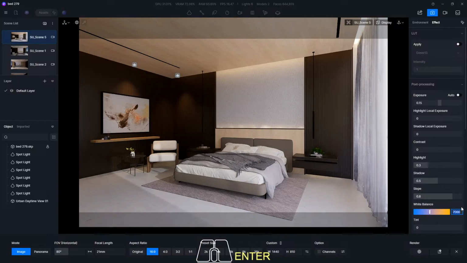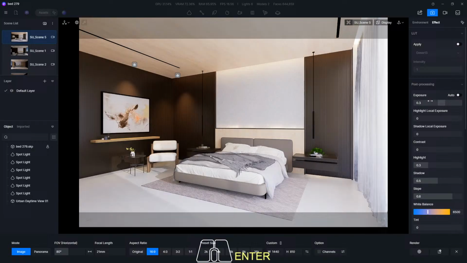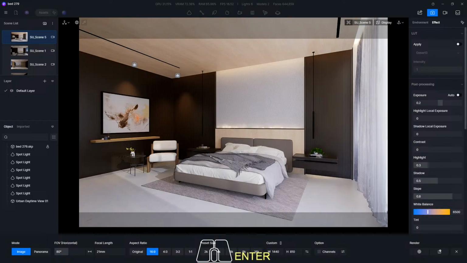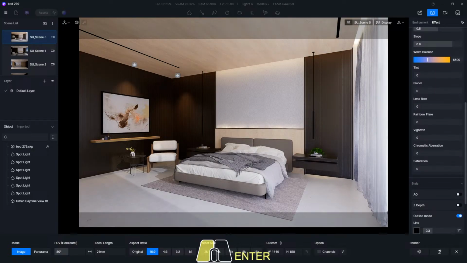No, normal or default. Exposure 0.2. How about 0.3? Oh, it's too strong. 0.3, and then